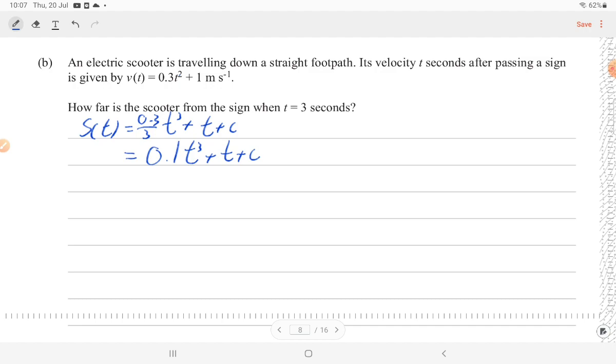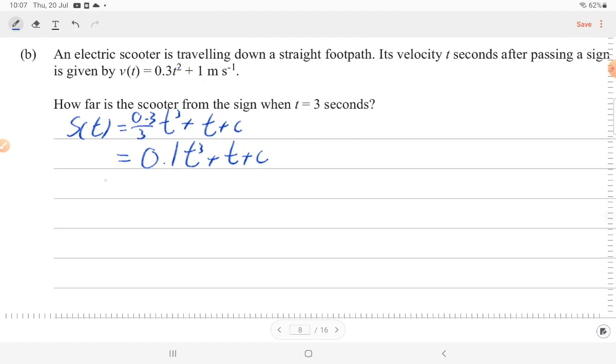If we are moving, then we originally have a velocity of, initial velocity is 0. If we're standing in place, then suddenly we begin moving, our initial velocity will just be 0. So 0 is equal to 0.1 times 0 cubed plus 0 plus c, since our initial displacement will just be 0, which implies c equals 0. So s of t is equal to 0.1